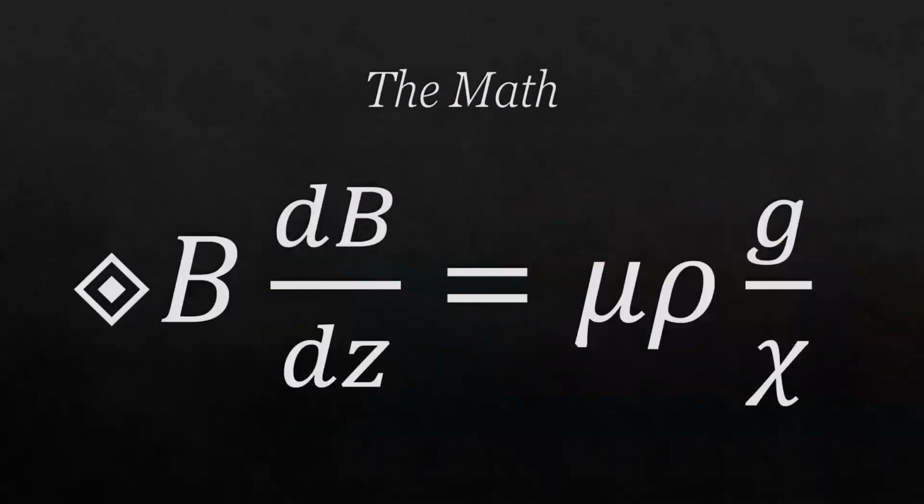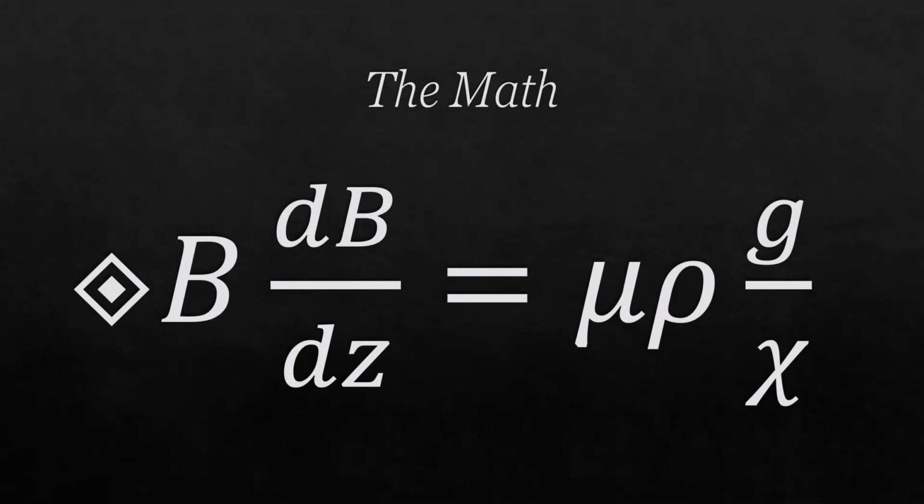This is where it gets a little bit more complicated and not as much fun and factual and interesting, but it's still important to understand why it's working. So this is the equation, one simple way to see how things would float. We have B, which we know is the magnetic field, multiplied by dB/dZ, which is just the change in that magnetic field vertically or all around. It's how the object would be moving and changing as it goes throughout that field,